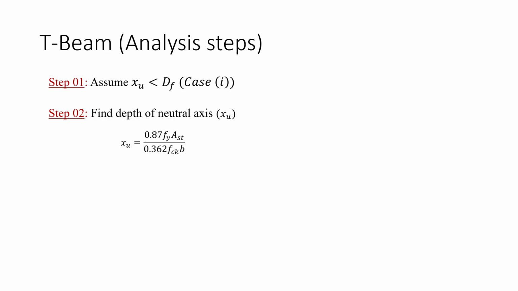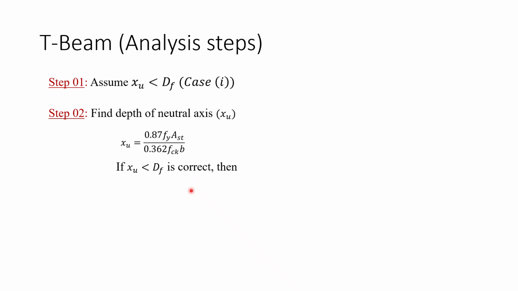So in the first case, the depth of neutral axis is given by this equation, which is similar to the equation for finding the depth of neutral axis in singly reinforced beams. We will use this equation and get our depth of neutral axis. Once we get the value, we will compare it with the depth of flange. If xu, that is the depth of neutral axis, is less than the depth of flange, then the